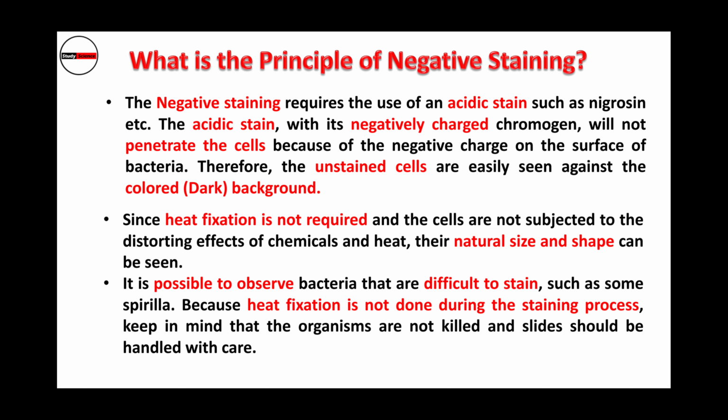Since heat fixation is not required, cells are not subjected to the distorting effect of chemicals and heat. Their natural size and shape can be seen, because we avoid heat fixation; negative staining doesn't need heat fixation or any chemical effect, so we are able to see the natural size and natural shape of the bacteria. So this is the advantage of negative staining, and it is possible to observe bacteria that are difficult to stain